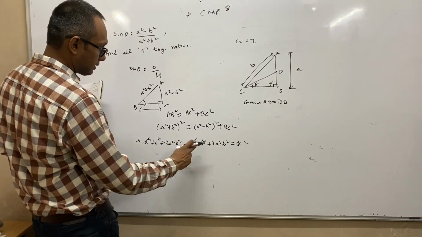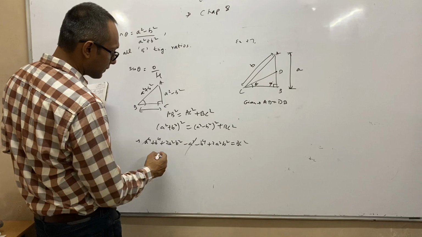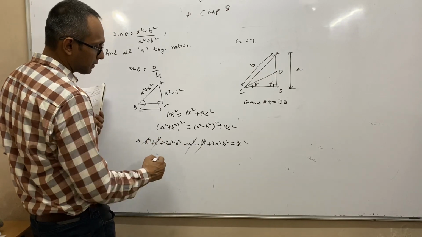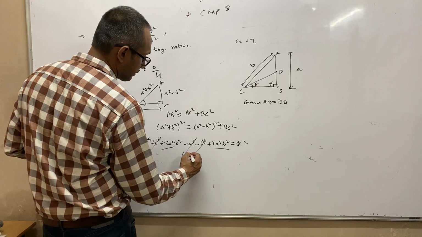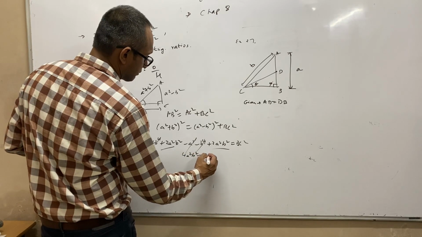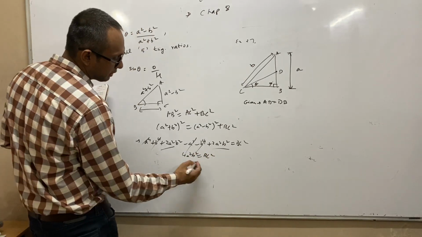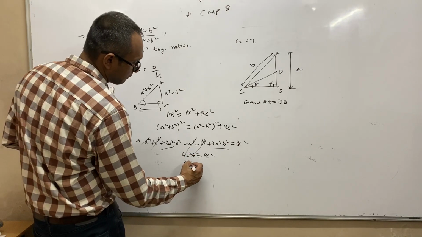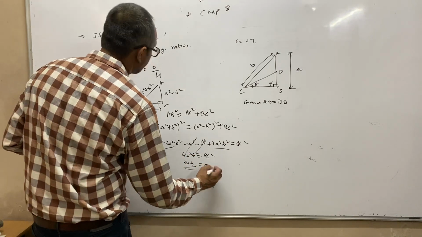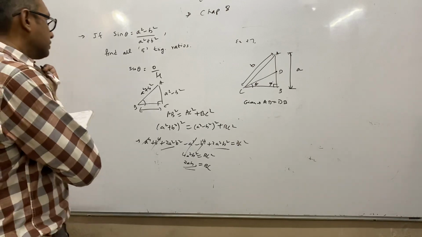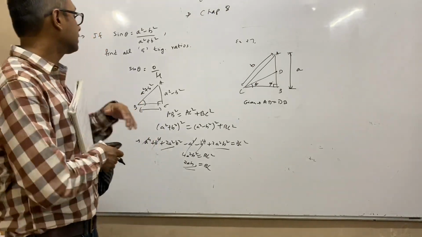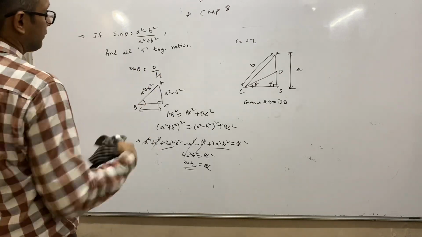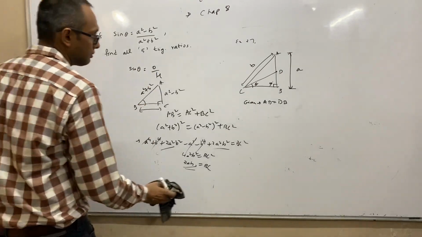A4 gets cut, minus b4 plus b4 gets cut, and this 4 is 2a square b square, and this will get added b square. So now you can write BC will be what? If you take the root of it, it will be 2ab. And then once you have the third side, you can calculate all the other ratios. So sometimes this type of sum will come. So in that, this type of method you will have to use.